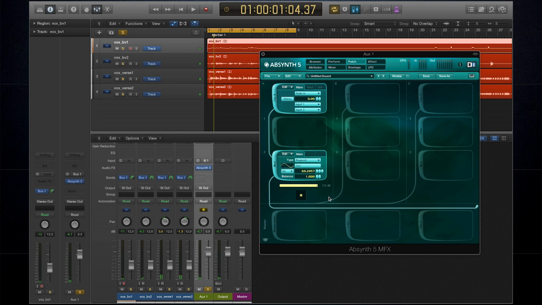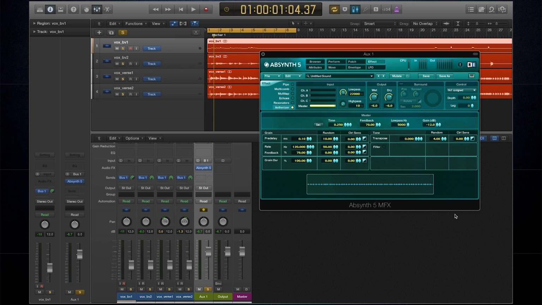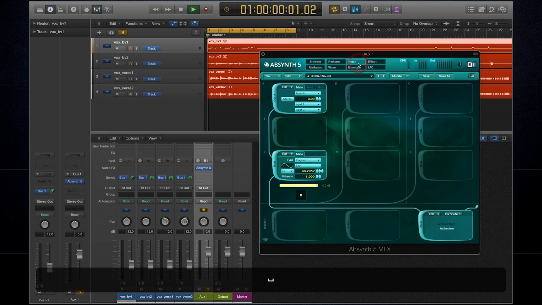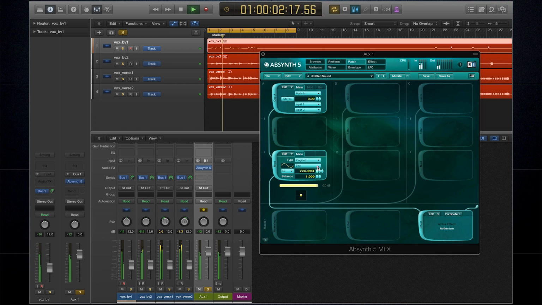And obviously, a lot of these effects work really well in various combinations. So sending a ring modulator to the etherizer, for instance,